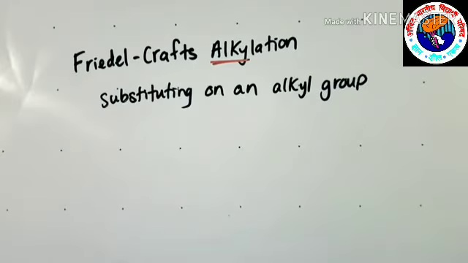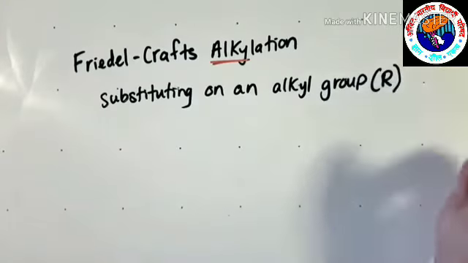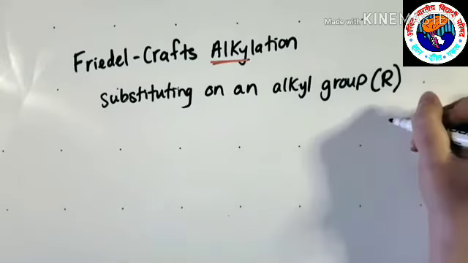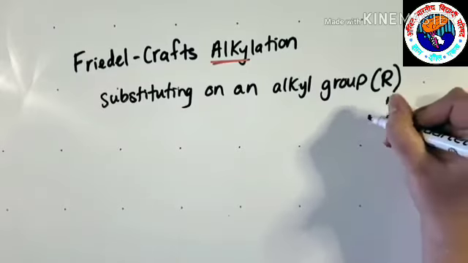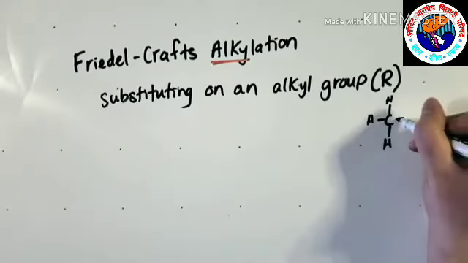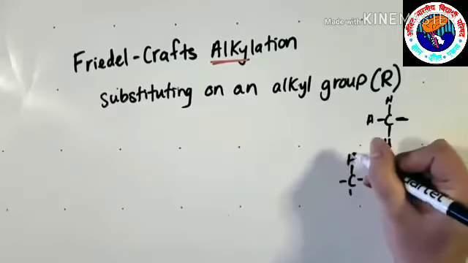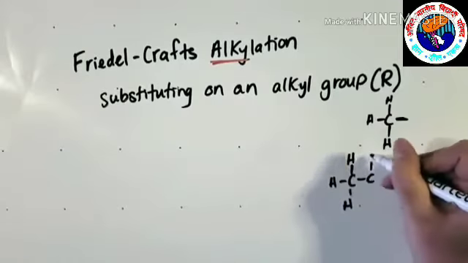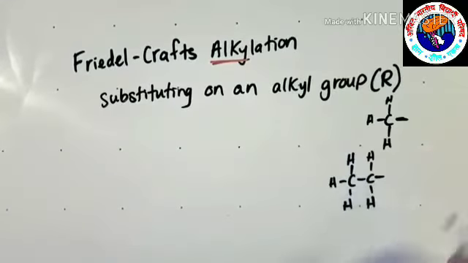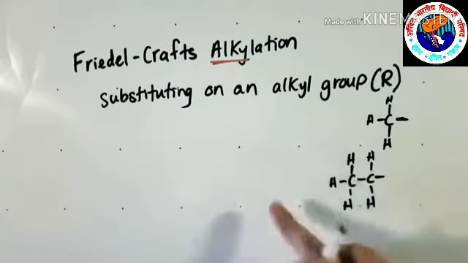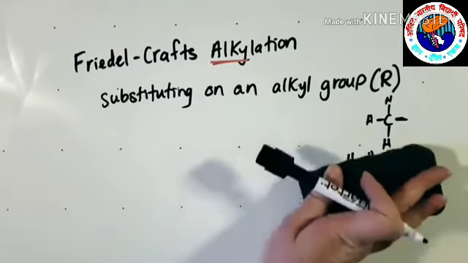Often you can see alkyl groups represented as just R, and really that's an any length carbon chain. Okay, so CH3, that is an alkyl group. You can have 2 carbons, and that would also be an alkyl group. So in our Friedel-Crafts alkylation, we are adding on an alkyl group, and it could be any length